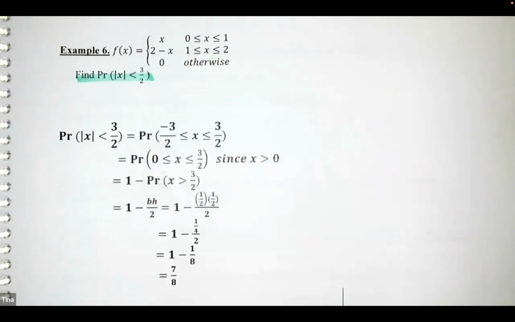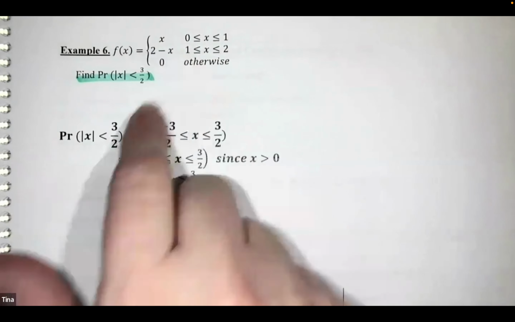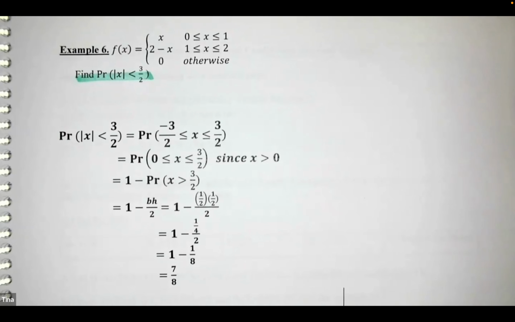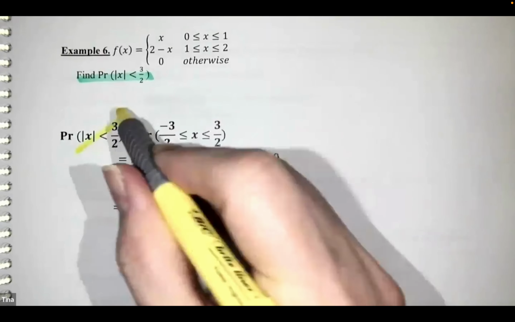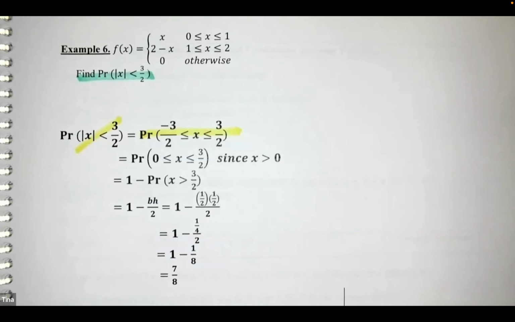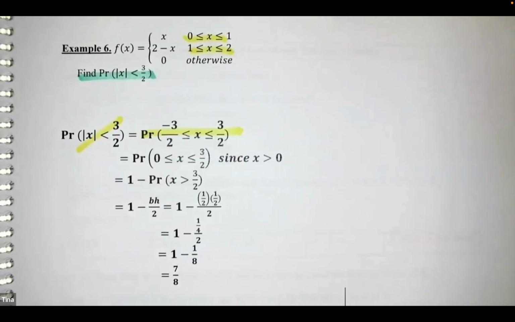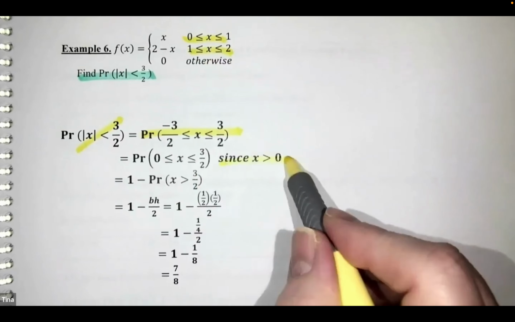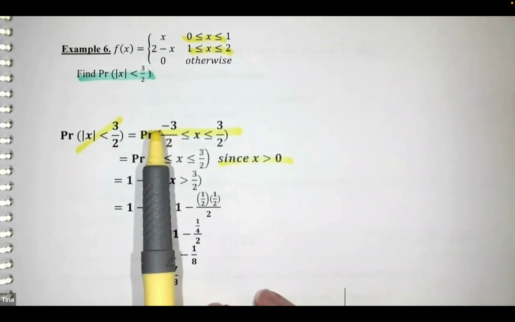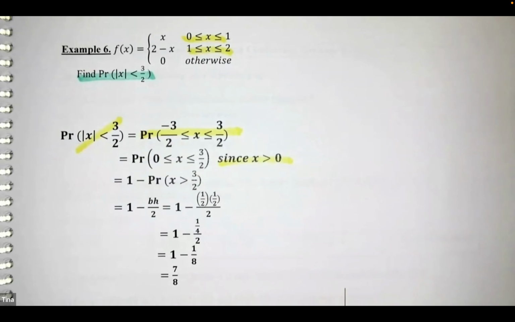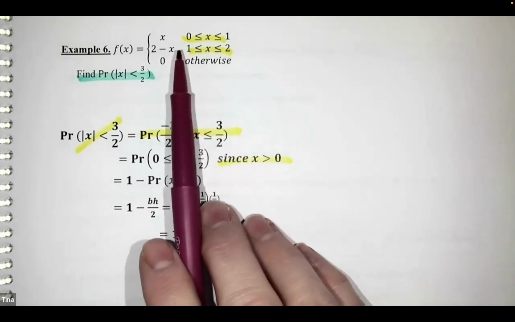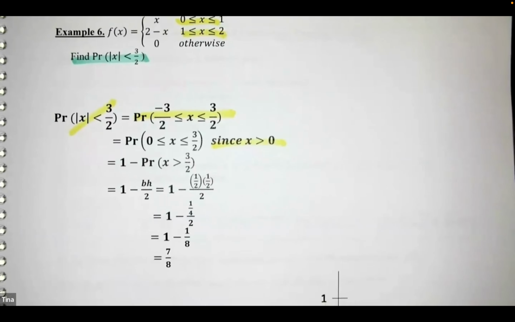Probability is obviously area, right? We've got these two different lines, y equals x, y equals 2 minus x. And one thing to notice is that absolute value of x less than 3/2, we talked about this earlier when I used -3. So in this case, it would go from -3/2 to +3/2. But look at your x's. No negatives, right? X only starts at 0. So there's no area below 0. So we can really just do from 0 to 3/2. Well, that means we can do the area under the graph. If we want to draw the graph,